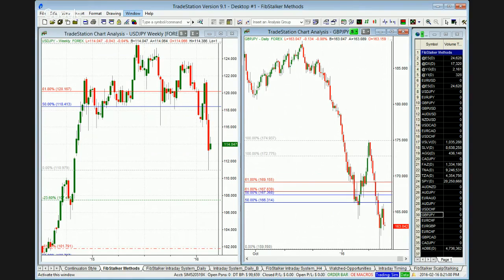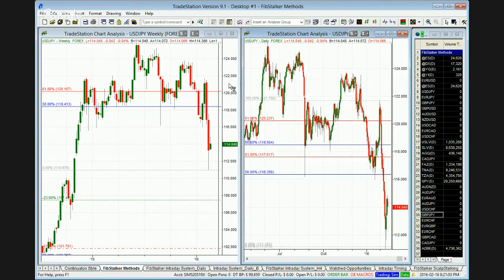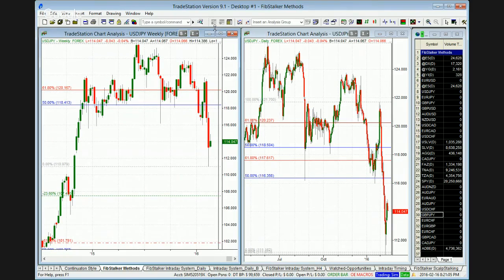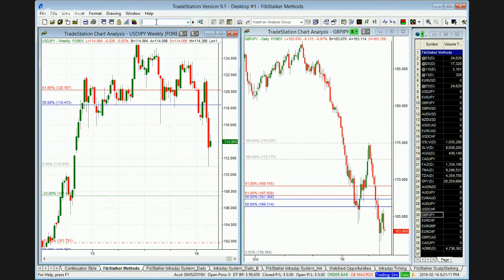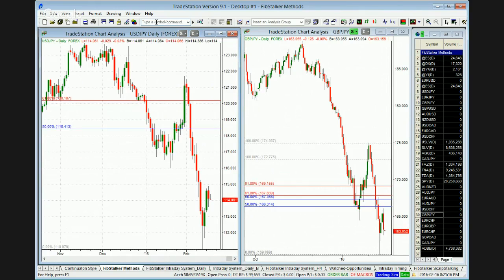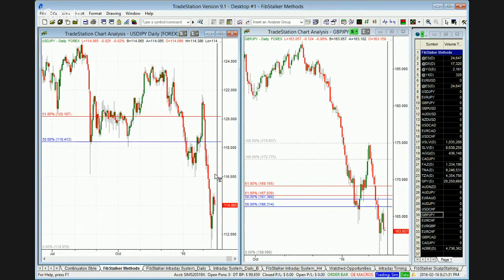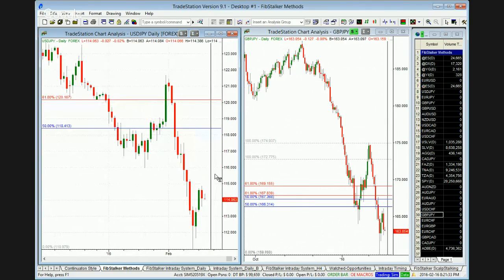And let me compare these two markets, because I think it's very compelling when we actually look at these two markets together. Let me get the daily here. You can see the relative weakness of the pound versus Japanese yen compared to the US dollar versus Japanese yen. Okay, and I'm not here trying to infer necessarily,